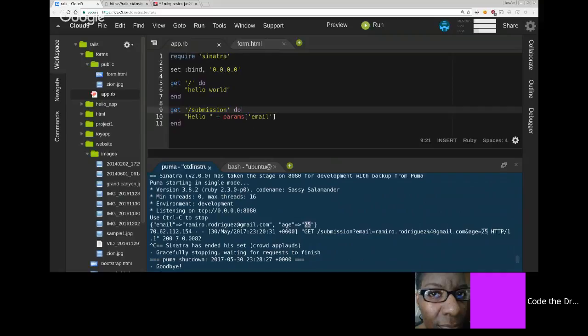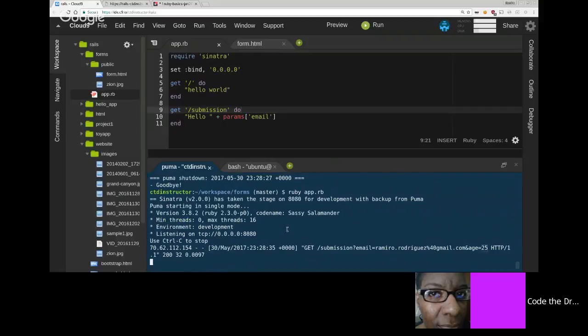It's not going to be sent back as integers or floats or anything like that. So whenever you have a field that you want to be a number, then you probably have to do some conversion to convert it to an integer if you want to use an integer. So for example, let's say that